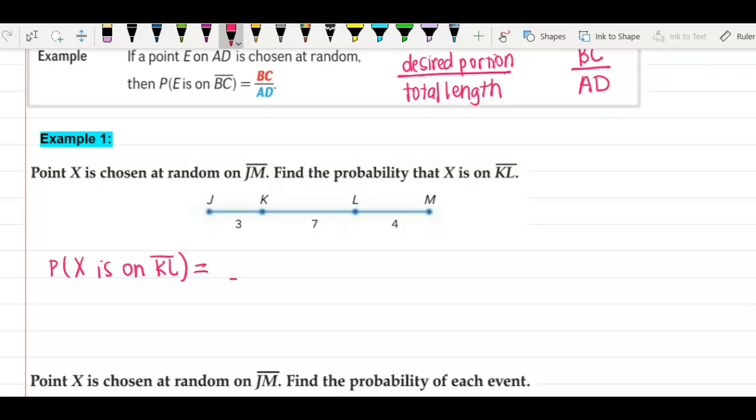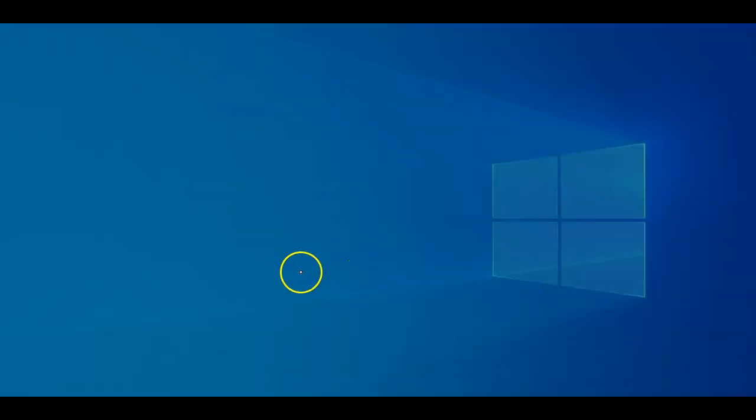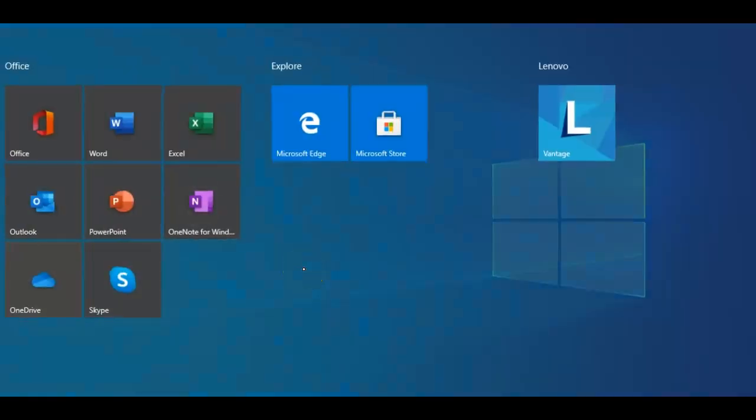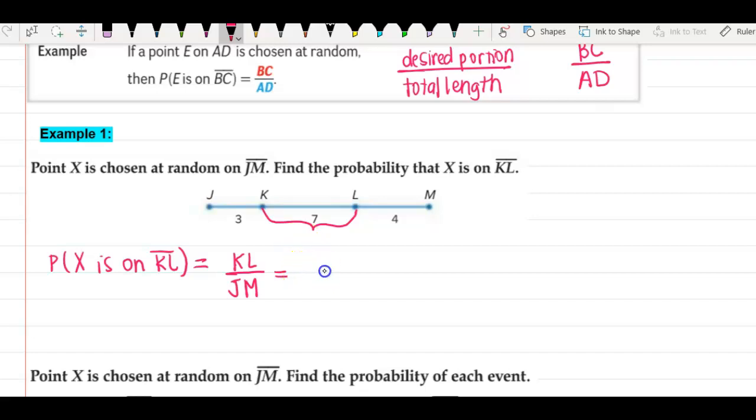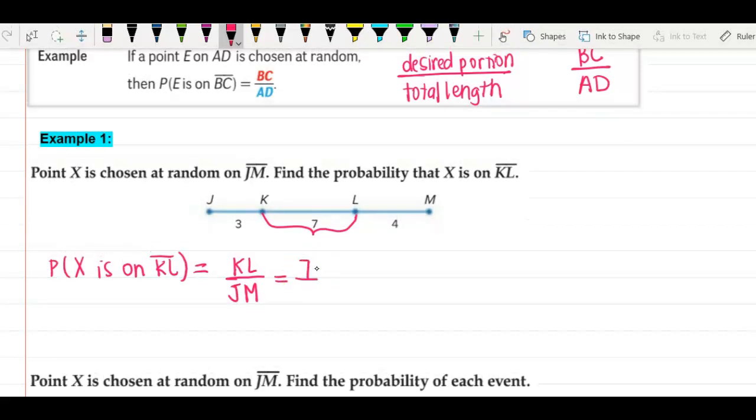Okay, so our total segment from the beginning all the way to the end would be J to M. But we specifically are only worried about traveling from K to L. So K to L right there is just 7. And then J all the way to M, so we would do 3 plus 7 would be 10 plus 4